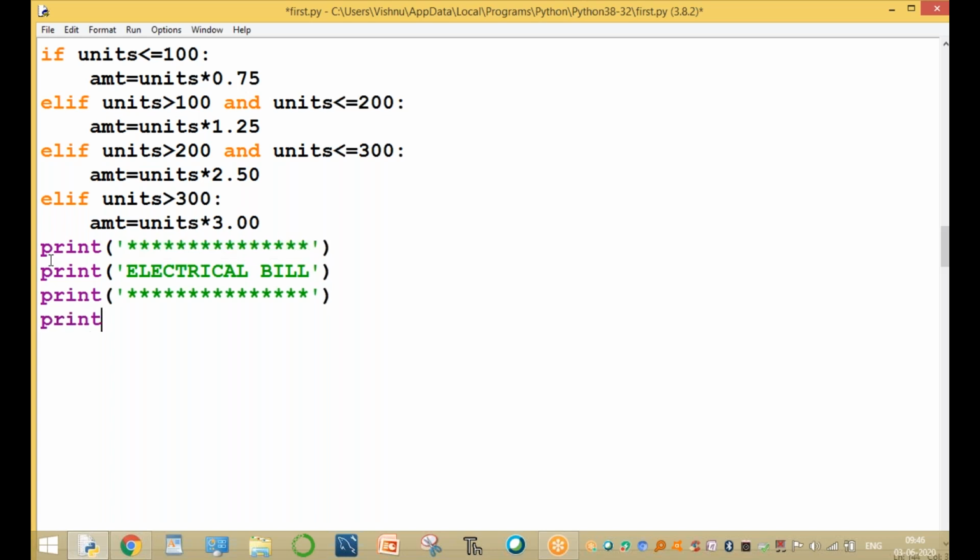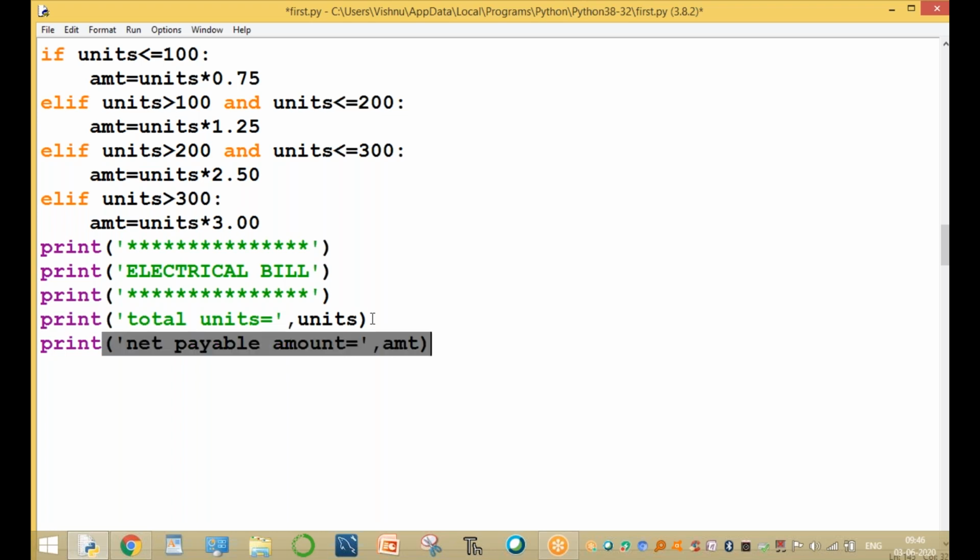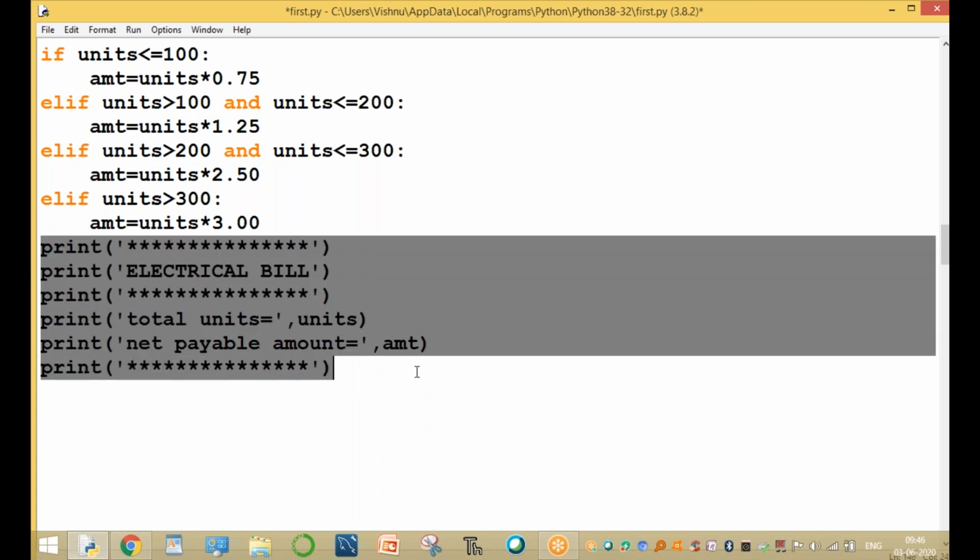Finally, print total units equal to comma units. Print net payable amount equal to comma AMT amount. And after completing, the final bill value. Clear? Only for output, general output.